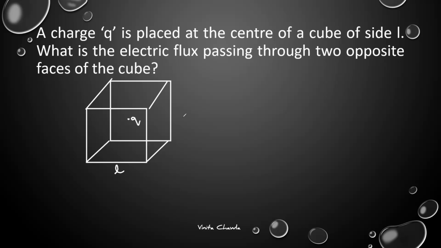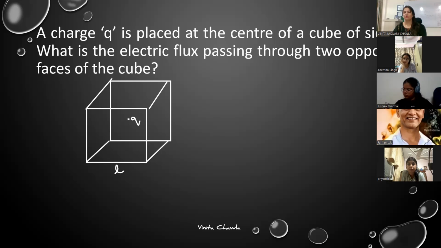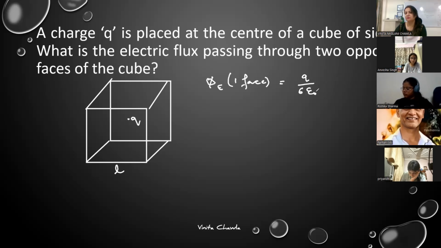हाँ जी, opposite faces का कैसे करोगे? वन फेस का भी फाइंड किया था हमने. Electric flux through one face is Q upon 6 epsilon naught. This we had done in the previous question. So electric flux through two opposite faces would be